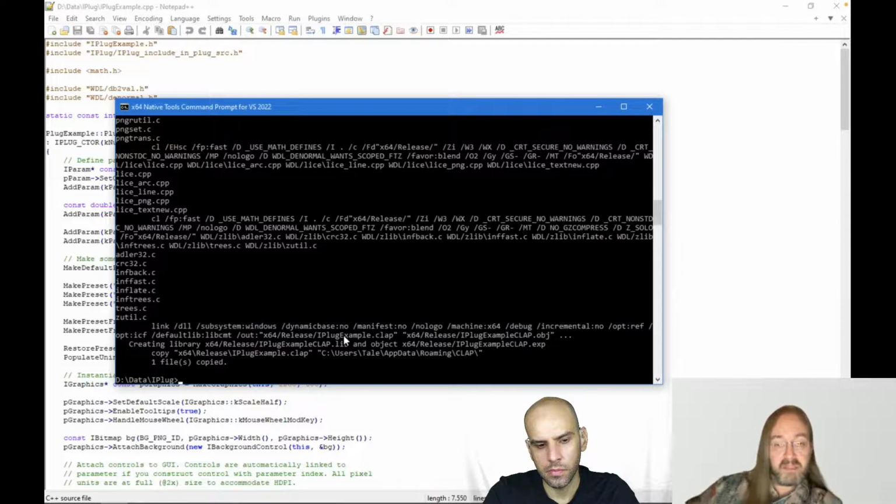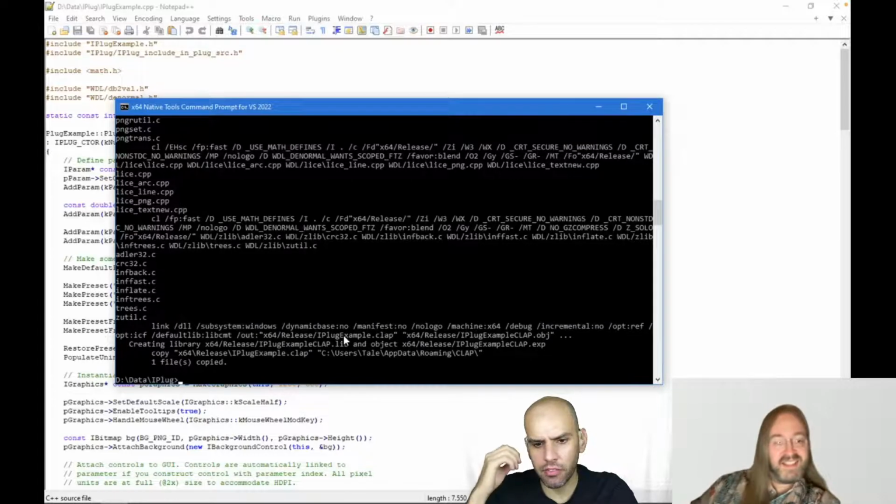Basically, now I have a clap version of the plugin. And this make thing, I'm not sure I know about it. Is it like make in the Linux environment? Yeah, but not exactly. It's Microsoft's version of make. So the actual syntax is similar but very different inside the files, which is kind of confusing sometimes.